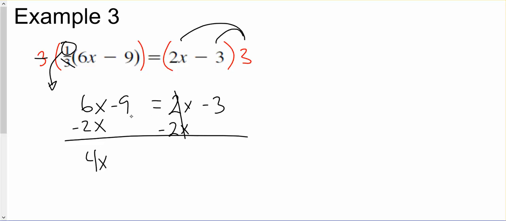Where do I want my constants then? My numbers, my integers. I'm going to want them on the right side, so we're going to add 9, and I'm going to do that all in one step. So we're going to say negative 3 plus 9 is going to be 6. We'll divide by 4, and we'll get x equals